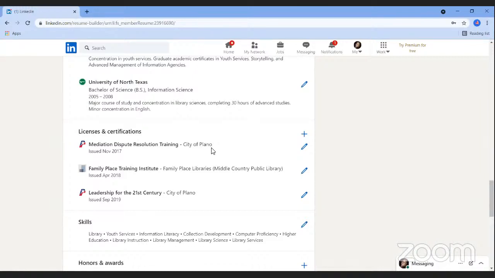You only want to include entries that demonstrate your industry experience and transferable skills. You want them to clearly add to your value as a candidate if possible. If you're not sure, you can leave them off and you can always bring them up in an interview with an employer. And finally, you may want to highlight particularly relevant licenses and certifications as part of your experience or your summary as well. And those are just other places that you can tie in that information if you don't want to have this section on your resume, or if you want to make sure that it's highlighted in more than one spot. Are there any questions about your experience, education, or licenses?